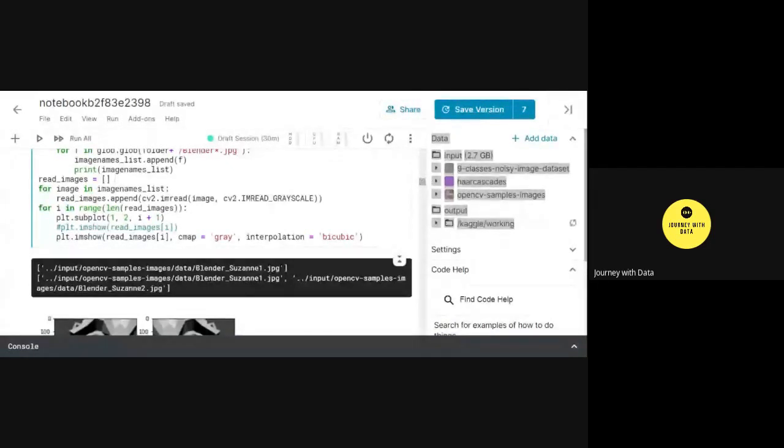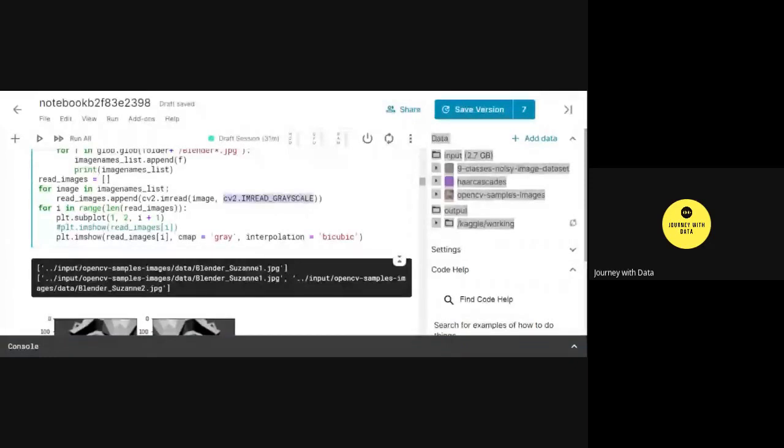Then I'm appending the corresponding output into the list read_images, reading each image from that list using cv2.imread, with the iterator and then the flag. I'm reading it in grayscale mode this time.